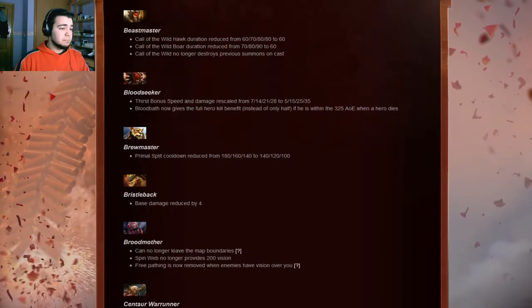Okay, Beastmaster. Call of the Wild Hawk duration reduced to 60 seconds. Okay, it was 60 seconds on level 1. Now on each level it will be 60 seconds. Call of the Wild Boar. So the hawk is the bird and the boar is the pig. Duration reduced the same, 60 seconds duration. And Call of the Wild no longer destroys previous summons on cast. You know what that means. If you don't know what it means, basically